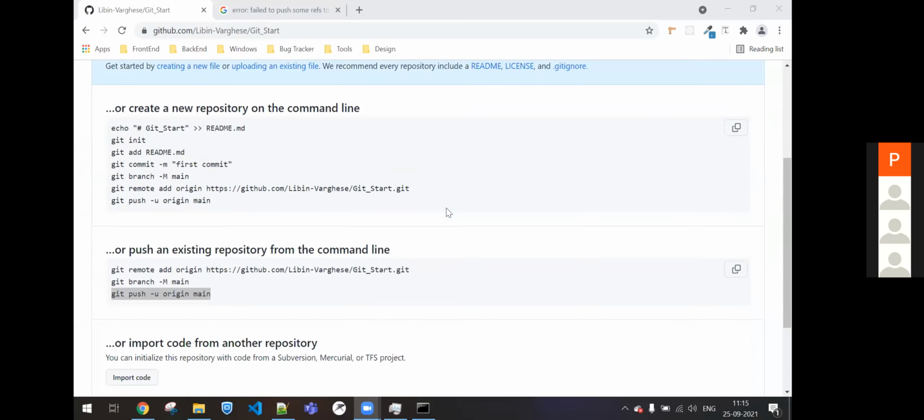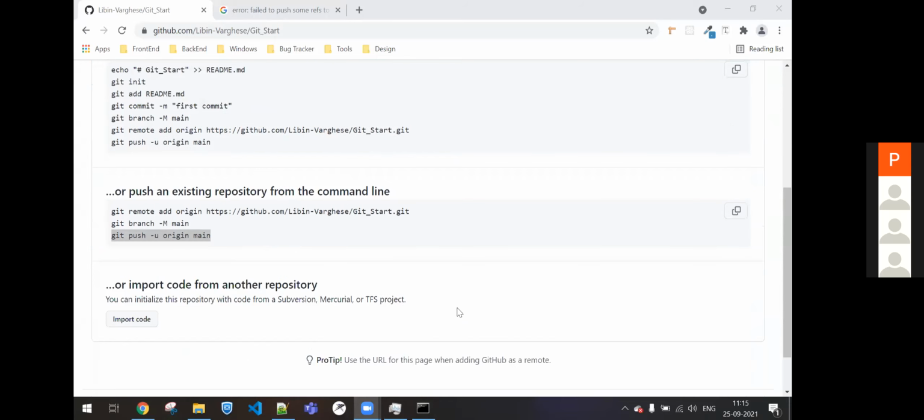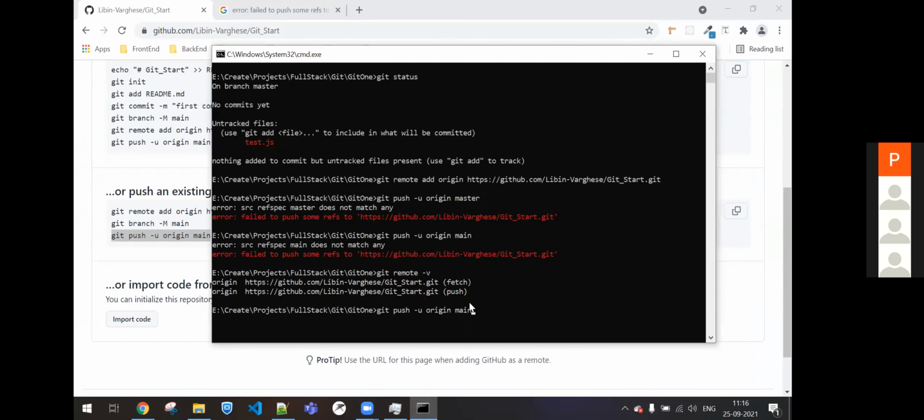So what is it saying? Push origin. So you did this. Okay, it started. Can you try one more time? Git remote add origin, that one. No, it will show an error, right? Try only there. Remote origin exists already. Okay, git push. You try that. Git push master, yes. Enter.